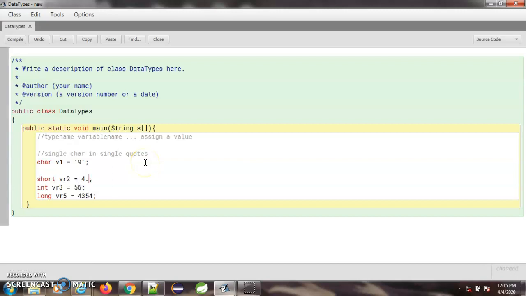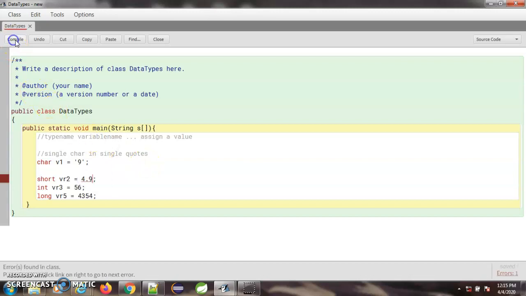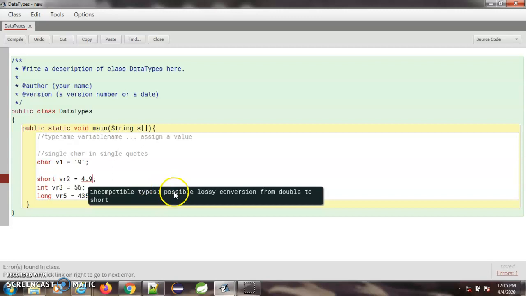If I try to store, suppose, a decimal, I'll be getting an error. Okay, so this is double to short. Double we will be discussing, but just see that now it is a value of data type double and it cannot be assigned to short, as we have seen in the case here. String with double quotes cannot be assigned to char. So if you give a value as decimal, it will be treated as of type double, and this cannot be assigned from double to short. We cannot convert this decimal value of type double to short.